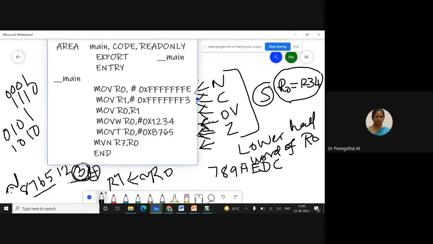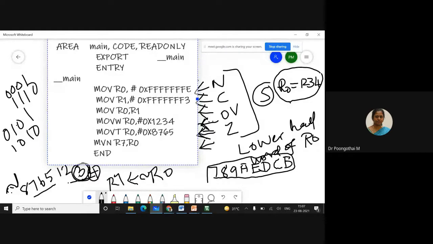So that is the problem here. 62, I will remove. Tell me the answer. What is the ones complement of 6? 4. See. Huh? Say something, quickly, quickly. Okay, so this is your answer. So this value is updated in which register? R7 register, after performing the move not instruction.